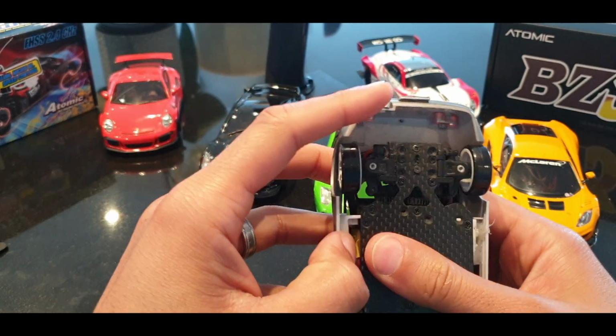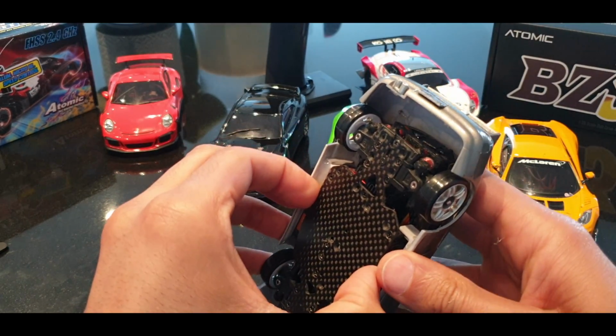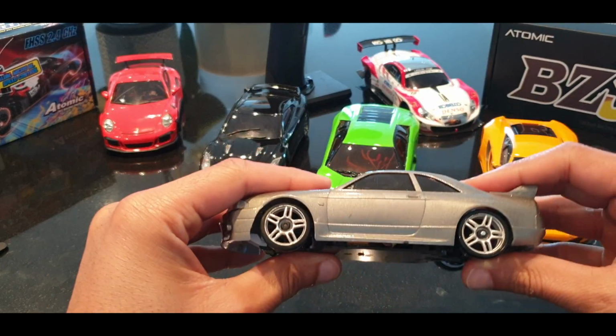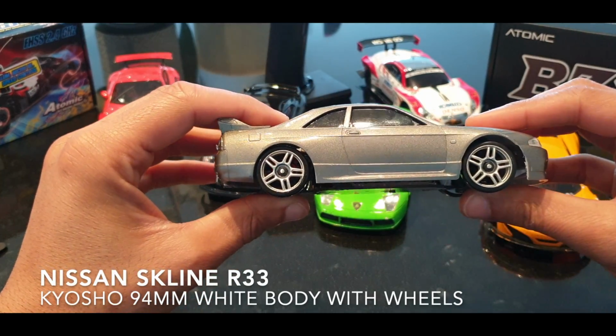And it fits on just like a Mini Z body would. Now, once it's in place, you'd be none the wiser. So that this is an AMZ, not a Mini Z. So that's an AMZ at